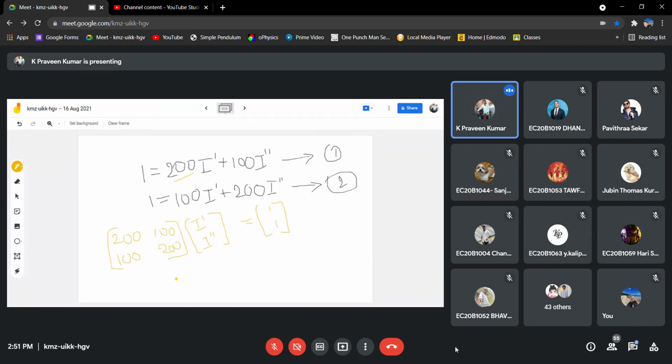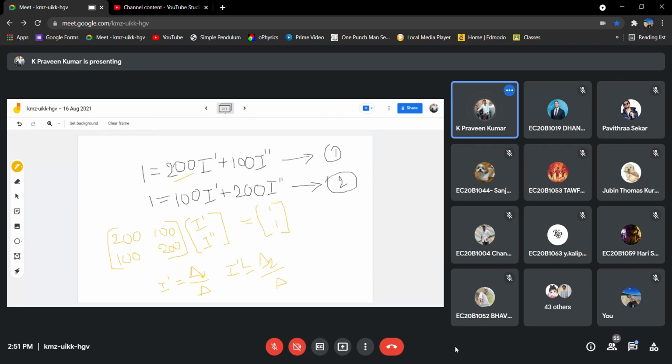Okay. Now how to calculate I dash by using Cramer's rule? I think you are aware of this. Delta 1 by delta gives I dash, and if you want to calculate I double dash, it is delta 2 by delta. So just calculate and tell me what will be I dash and I double dash.